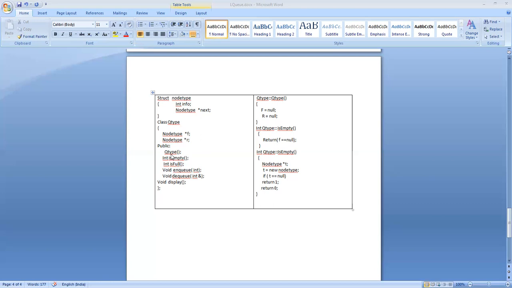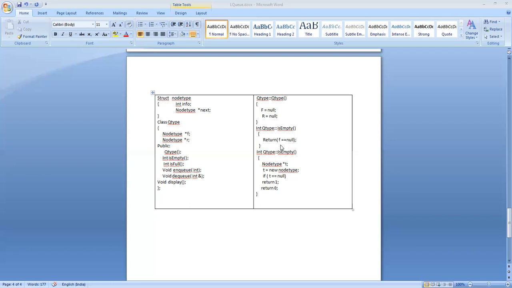Then the operations to be performed in this queue are checking whether the queue is empty, whether it is full, and inserting a value into the queue, then removing a value from the queue and displaying the contents of the queue. So in the constructor, we set front is equal to null, rear is equal to null. So when both front and rear are null, an empty queue is created during the object declaration for the class queue type.